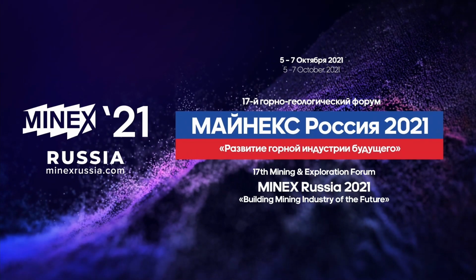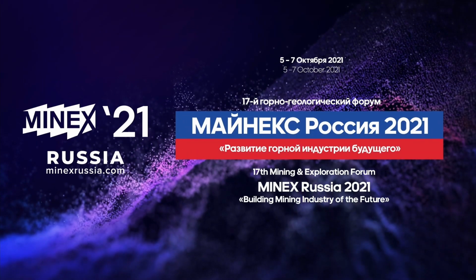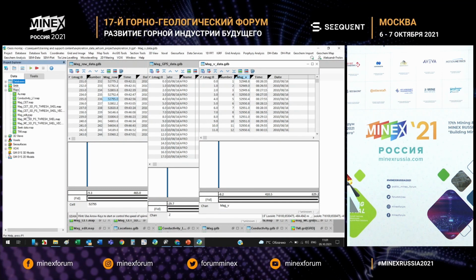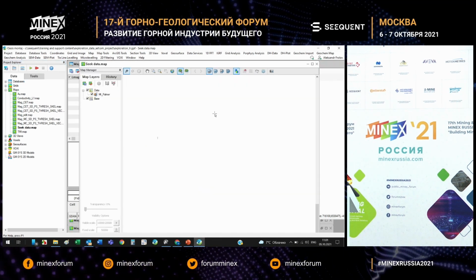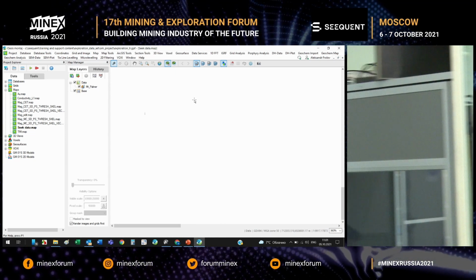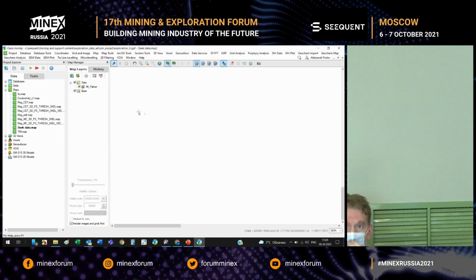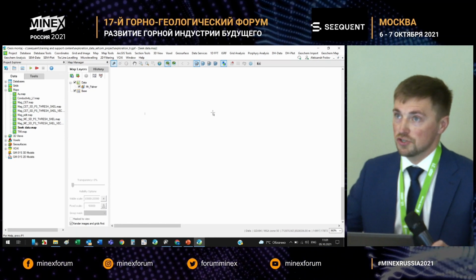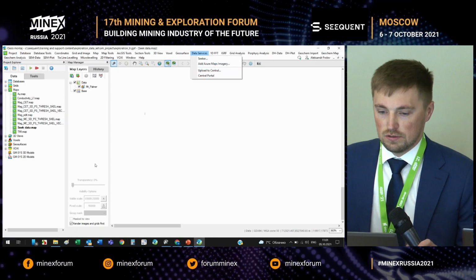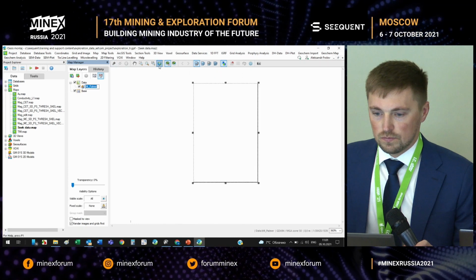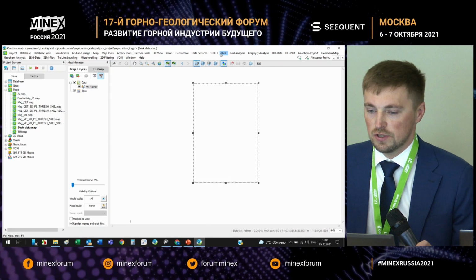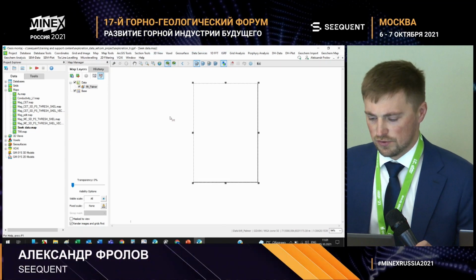So let me demonstrate. That's OASIS montage, the software I've opened. Before we start any activities or operations, this is a set of traditional operations, and then say you need to find the base. The base will be a basic step for any planning exercise or geophysics operations, if you need this base data. Again, we have this service, so you can download the data or upload it through the central server with geophysics.